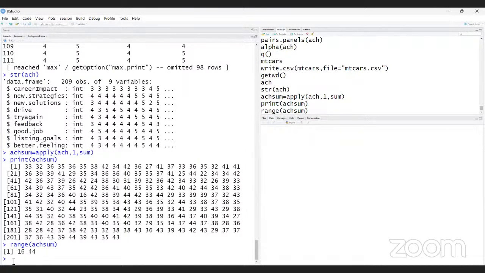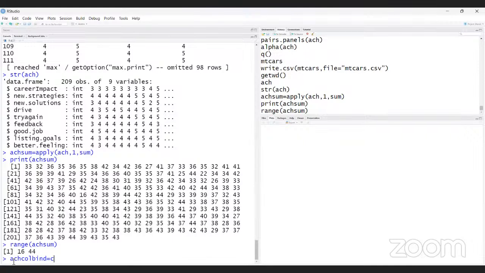Okay. Now, my intention is to find out the item total correlation. So I have to write down H col bind. That means column wise, I have to bind the data.